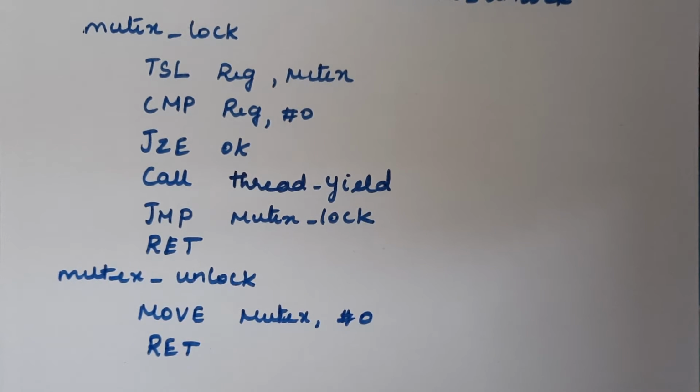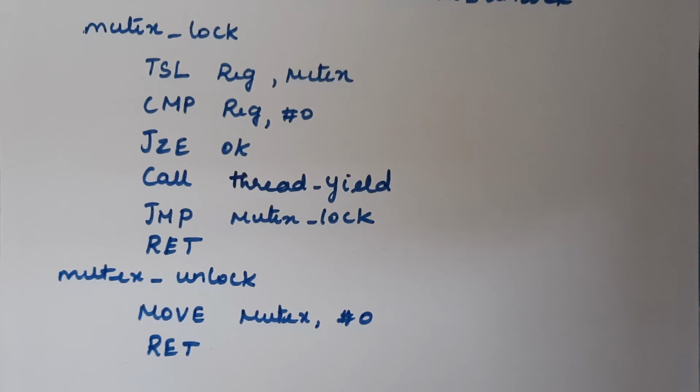So the next one is mutex unlock. Mutex unlock means that after coming out from the critical region, this particular process has to execute this mutex unlock to show that all other processes can acquire the mutex lock and can enter into the critical region. So in order to give that information, the particular process has to execute this mutex unlock after coming out from the critical region. So it has to change the value of mutex to 0. So this is what we are actually doing for mutex lock and mutex unlock. This is how we are implementing these two codes.